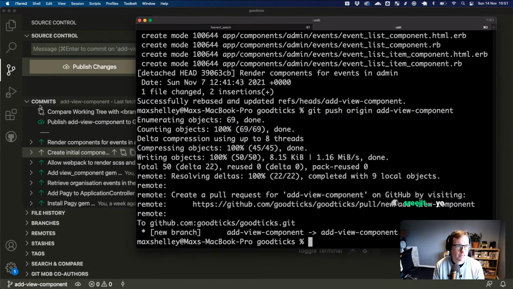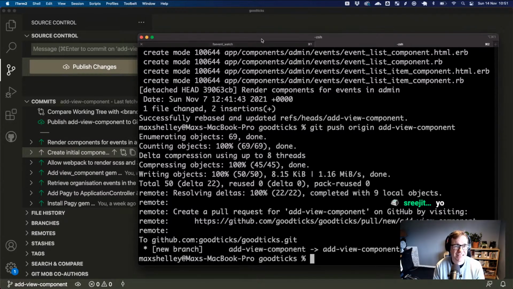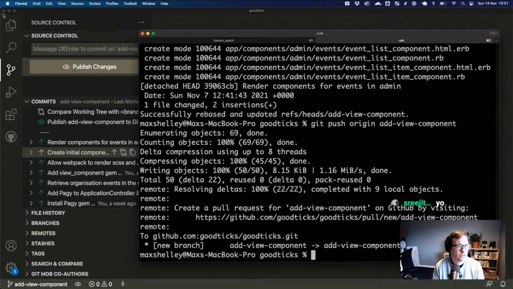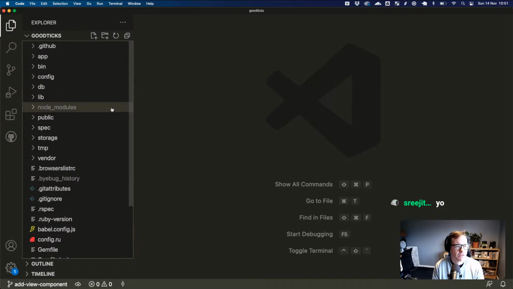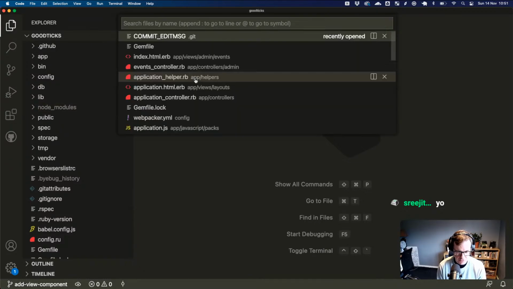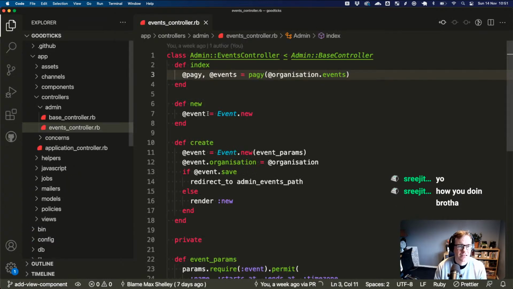Cool. Okay, so we are done with that for now. We think that PR can go in if all the tests pass, but there aren't any really tests in it, so there's not a lot to fail. Do we want to add any tests in here? The only thing we're really doing is the assign on the admin events controller. Oh no, we are actually.